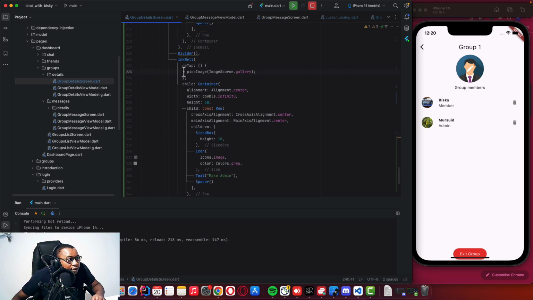And I'll remove this logic, right? But this one, what I have to do is, I don't want to show this one. It's only shown when the user is not an admin. So I'll just put an if statement here,